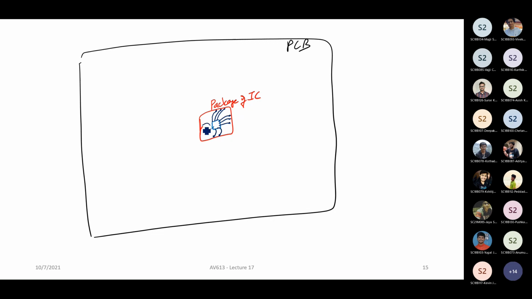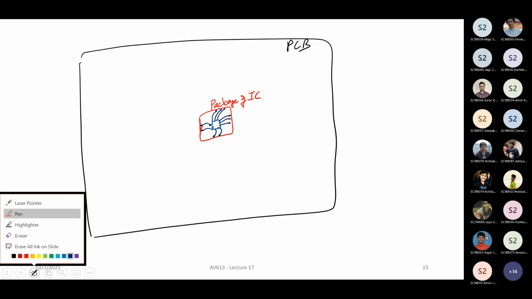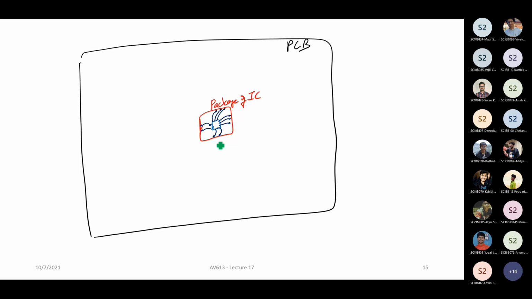Now, when you do the routing on a PCB, let us say this is your ground line. You will do some routing like this, and then let's say it goes like this, and then you come somewhere like this. Let's say you put some vias, go down, and then this routing goes here, something like this. I'm just giving some examples. Let's say this is your VDD point, and this is your ground point.